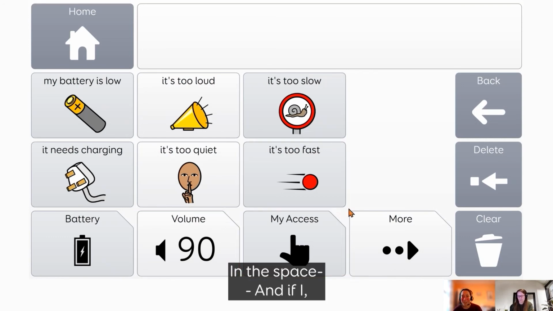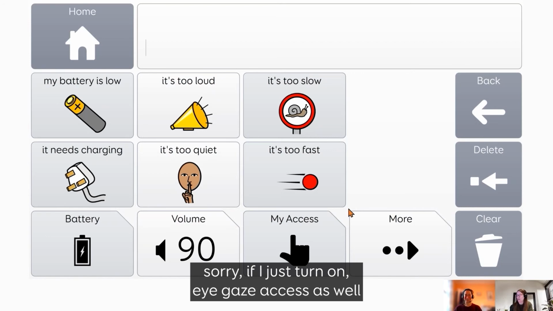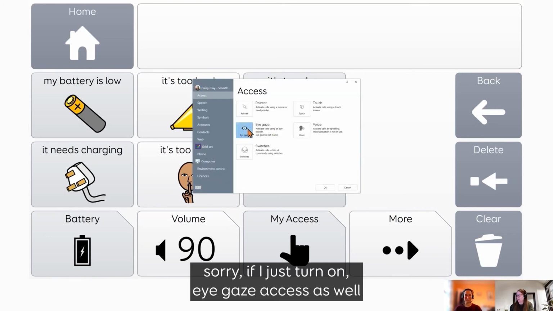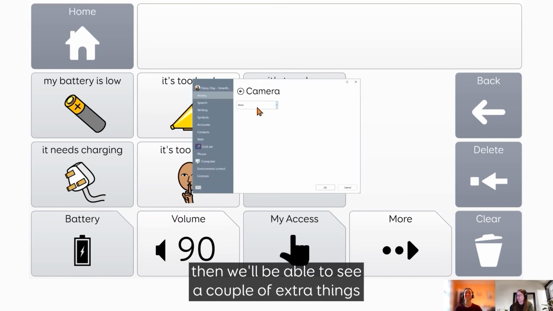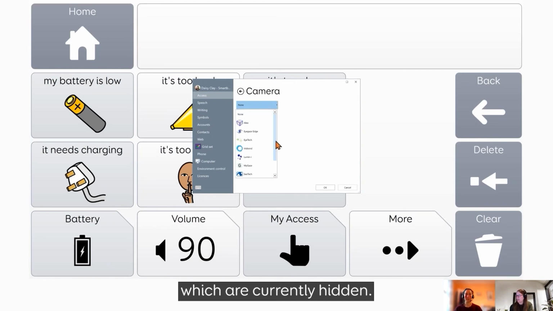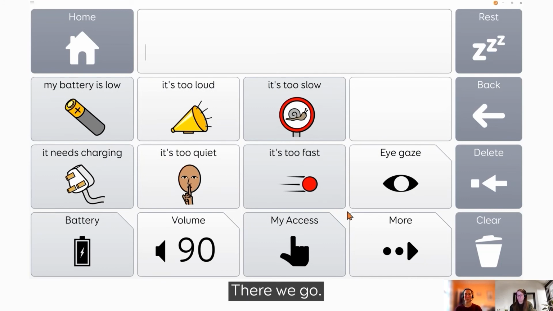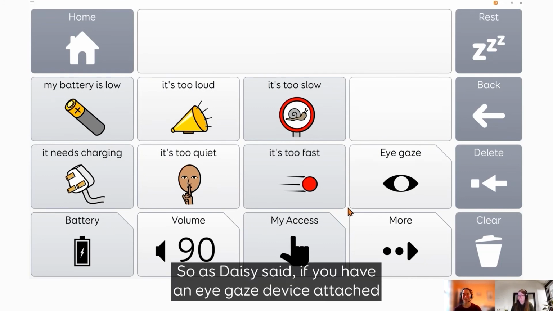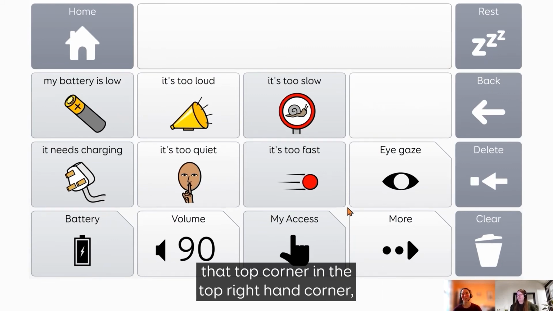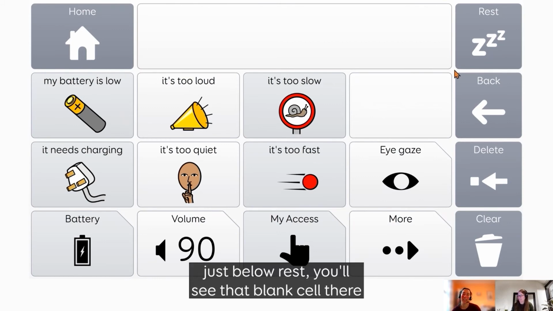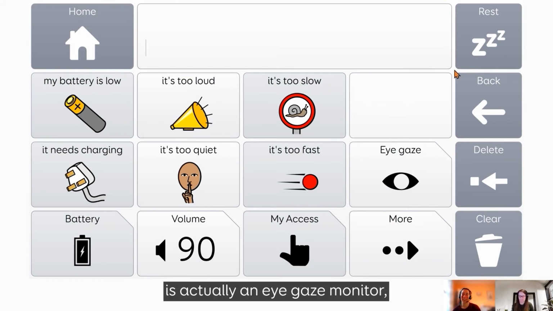Sorry, if I just turn on eye gaze access as well, then we'll be able to see a couple of extra things which are currently hidden. There we go. So as Daisy said, if you have an eye gaze device attached, in the top right hand corner, just below rest, you'll see that blank cell there is actually an eye gaze monitor. So you'll actually see